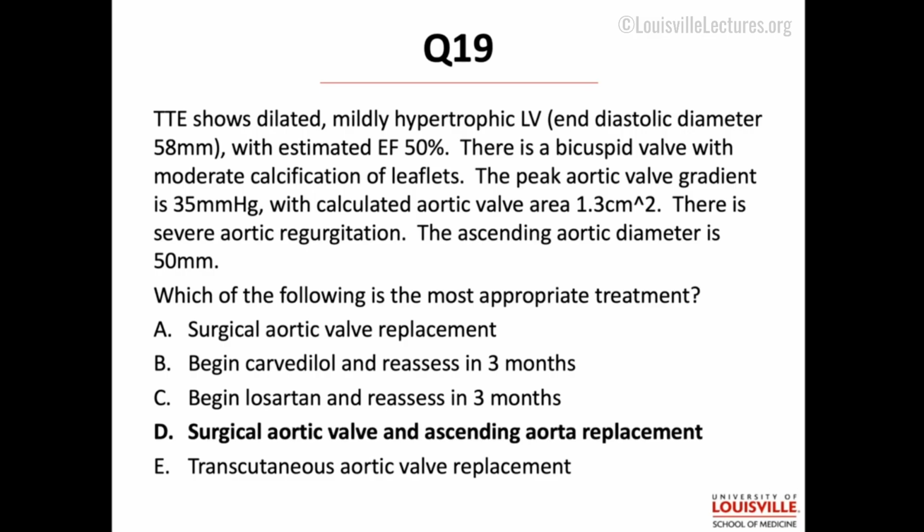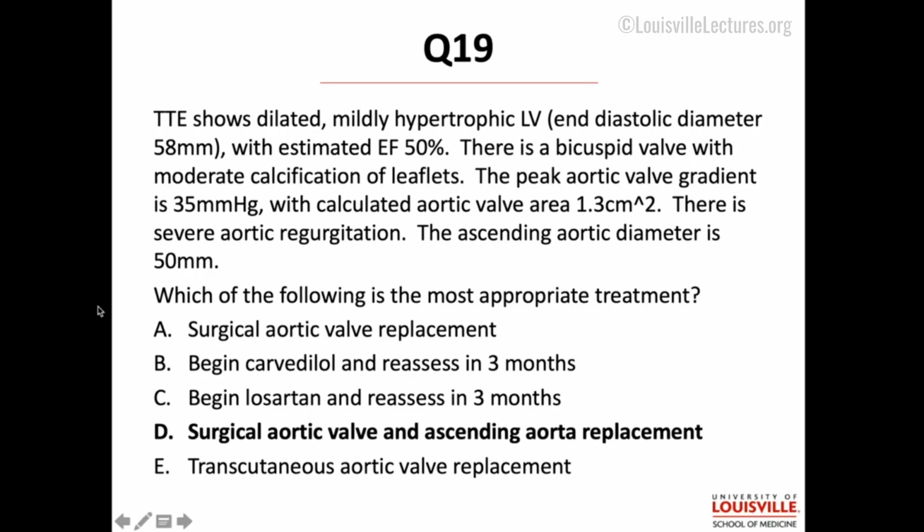So this one calls upon multiple different understandings. This is the same patient. She has that bicuspid valve that we talked about, okay? There is severe AI, so it's time to replace with the severe AI. These numbers actually matter. 50% EF, that's right on the border for AI, but she started to enlarge. She's above 50 millimeters on her LV, so it's time to replace.